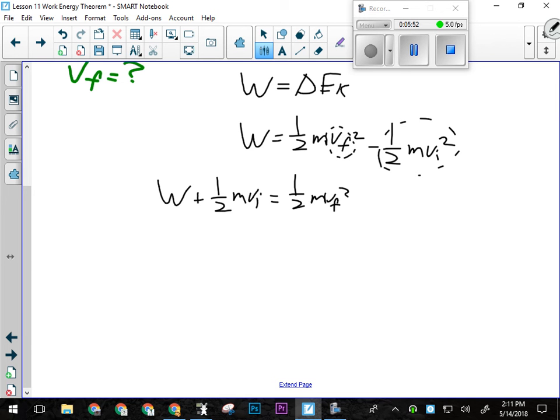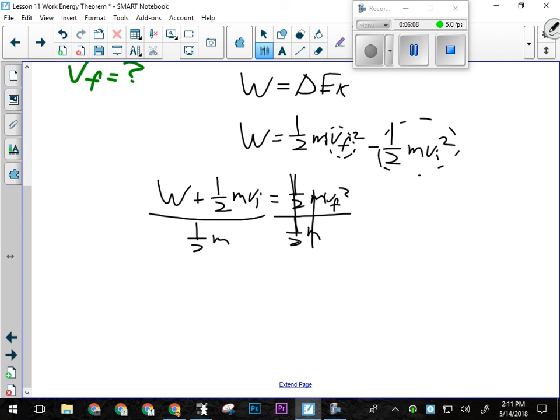Okay, I want to isolate VF. So how do I do that? What do I do with the half and the M? I divide them over to the other side because I'm multiplying them right now. Okay, now they don't cancel. I know there's a half M on the top and a half M on the bottom, but there's another operation